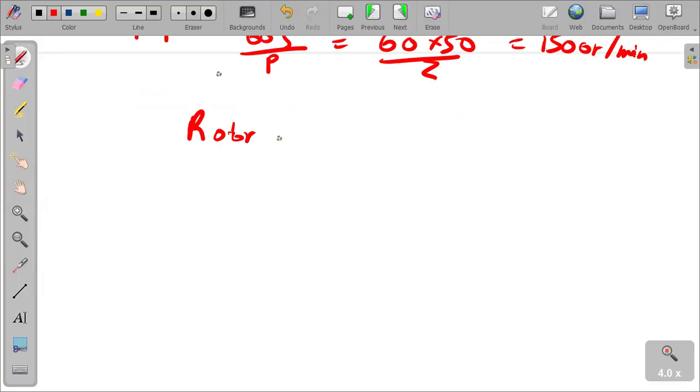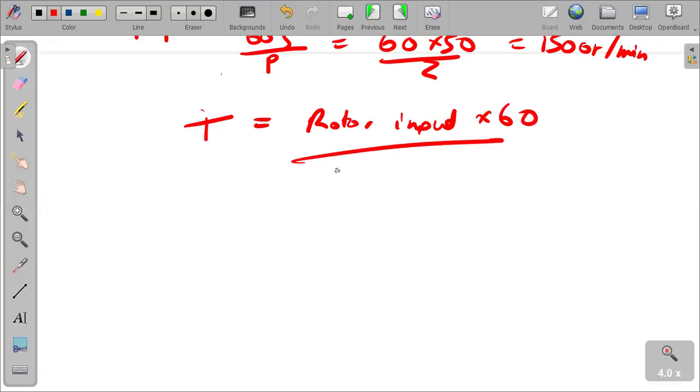T is going to be equal to rotor input multiplied by 60 over 2 pi times n1. Remember, we said rotor input is equal to 2 pi n1 times T over 60. So making T the subject, substituting what we have,